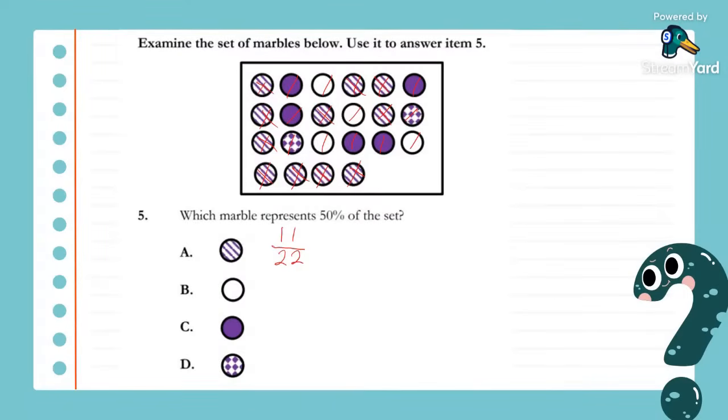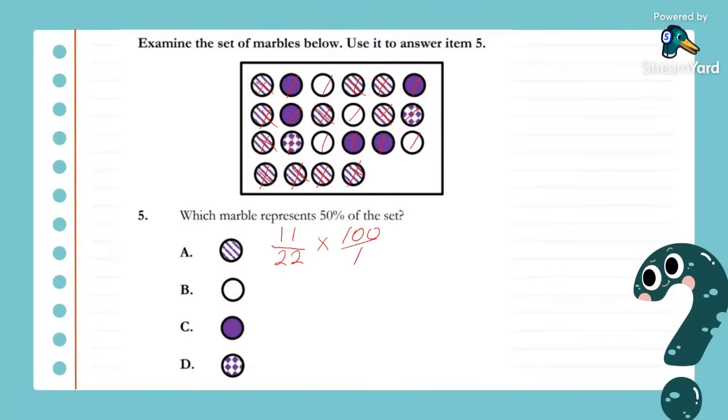All right. In order to change a fraction into a percentage, what do we need to do? If we want to convert 11 out of 22 into a percentage, what do we need to do? We need to do what? Let me see. What do we do if we want to change it into a percentage? Multiply. Gabriel says multiply by 100. Good job, Gabriel. Thank you.